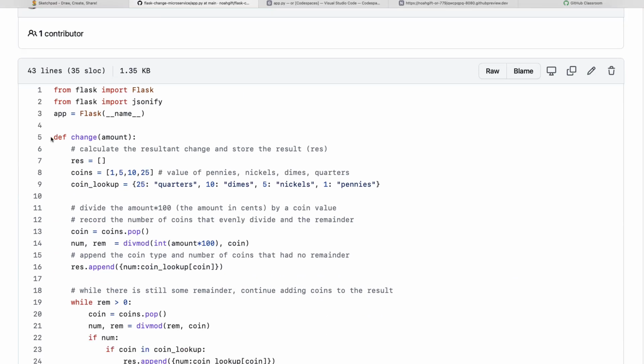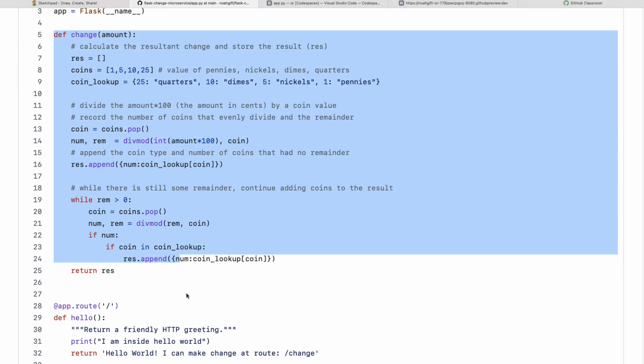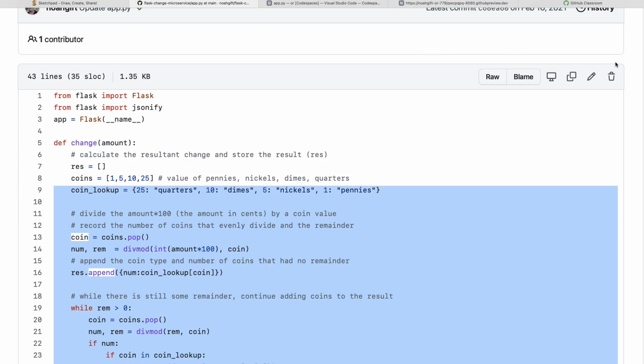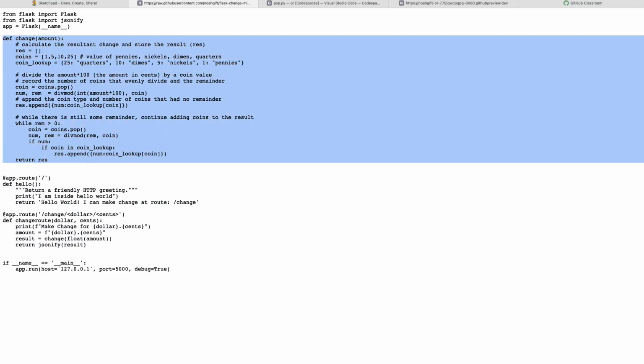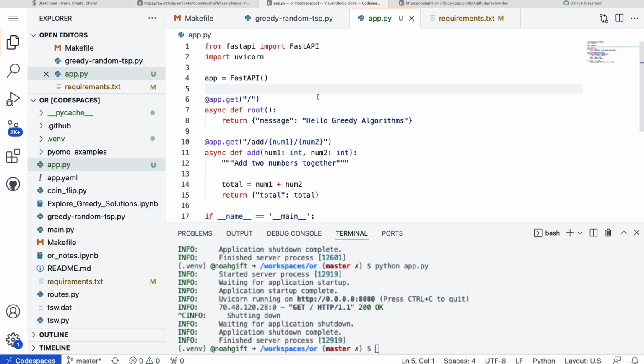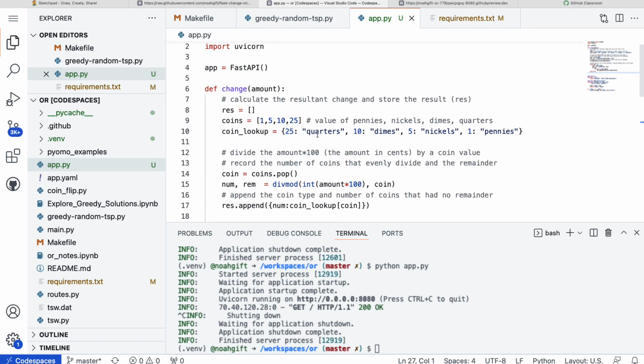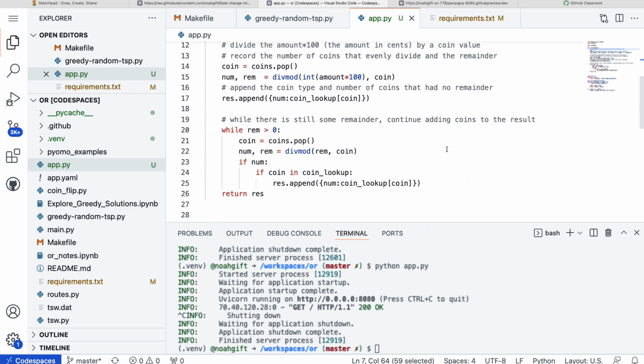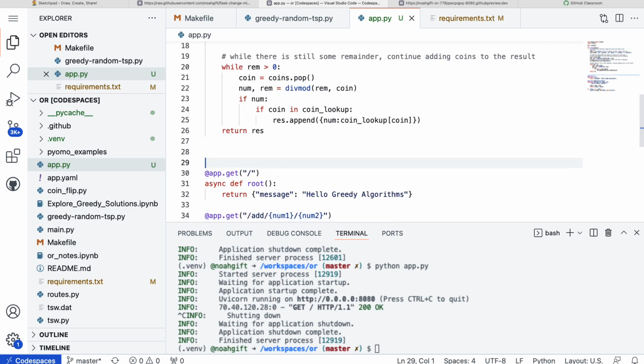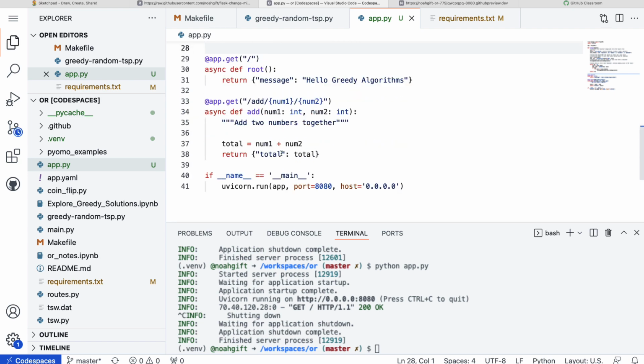So I just need a function, basically. I just need this. I just need a function right here. That's all I need. So I'm going to just copy this function so we can use this in our application. And I'll go back to here. And so I can even put this inside of this right here. Like we can just say, in fact, yeah, we just say this. We just say change. It says calculate the result and store the amount and change. That looks pretty good. And we can just say get, and we can leave this add function in here if we wanted to,